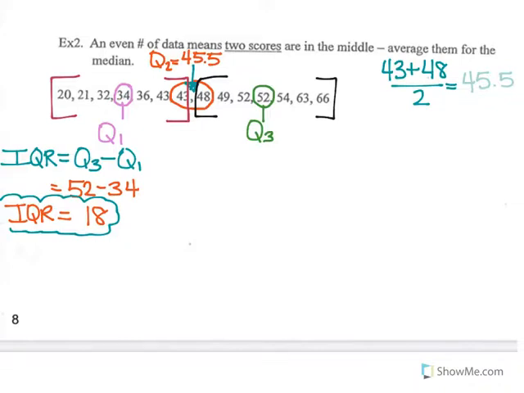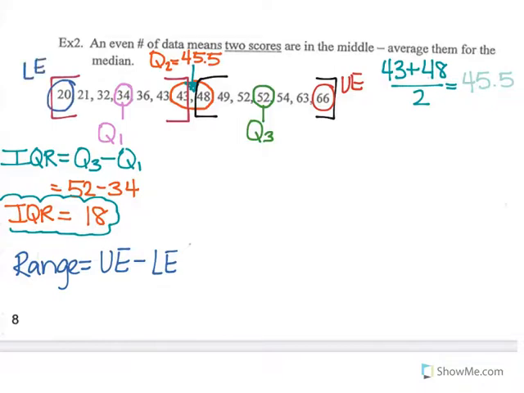Now we can also figure out the normal range. So the range is going to be the upper extreme minus the lower extreme. So the upper extreme is going to be the largest number in our list, so that's going to be 66. The lower extreme is going to be the smallest number in our list, which is 20. So if we subtract those, we're going to have 66 minus 20, and that means that our range is going to equal